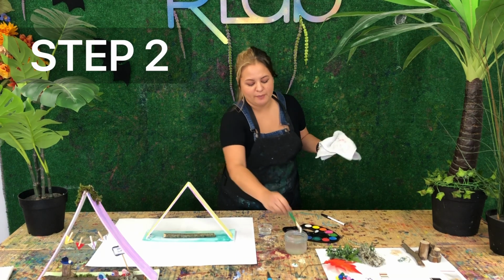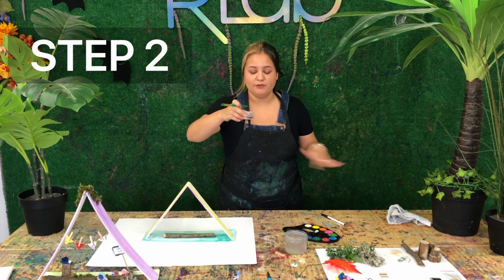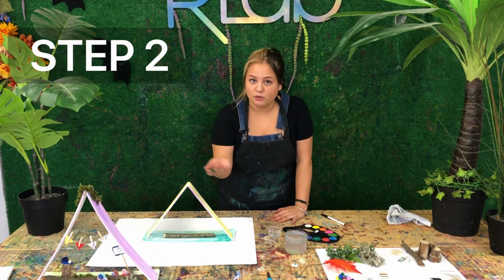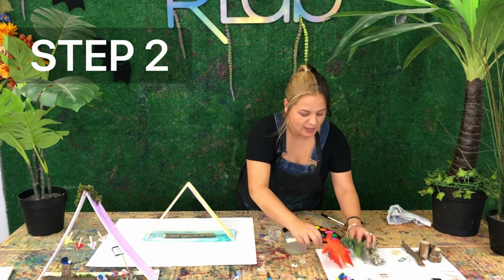So I'm going to clean off my paint, my same paintbrush that I used for my paint, and I'm going to use it for my glue. So with this glue, you're going to be using it for different projects in the box, so make sure that you don't throw it out after. Save your lid, okay? So I'm going to take my wood pieces and my grass pieces and my leaf pieces,